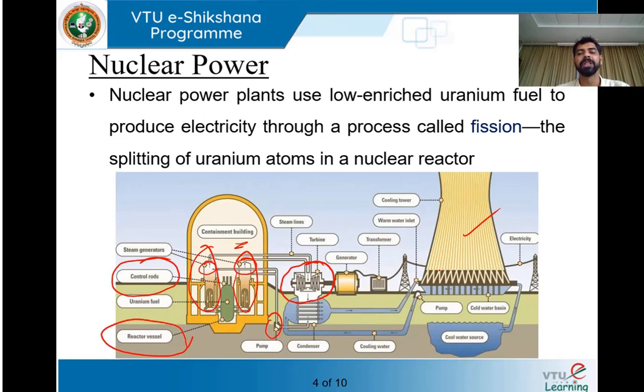This cooling tower is a very simple structure. It is nothing but a concrete high-rise structure. We take this warm water to a higher height and make that warm water fall from that height. If you make hot water fall from a higher height, obviously it will give away the heat possessed by the warm water into the surrounding air, and thereby it loses its heat, isn't it?